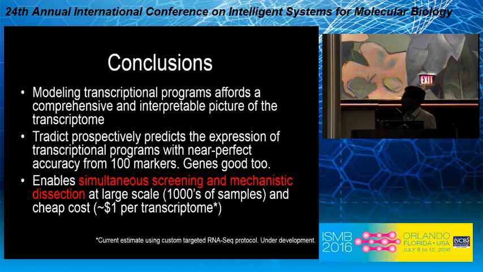And I think these two things taken together, our hope for Tradict is that it's going to enable simultaneous screening and mechanistic investigation. And these two things are normally separate. Normally when you do a genetic screen, you find a bunch of hits and then you go dissect mechanism. But if you're doing transcriptome-wide screening and you see that you have several mutants that are misregulated in certain processes, this narrows down the set of genes you have to look at for further follow-up at the time of screening itself.